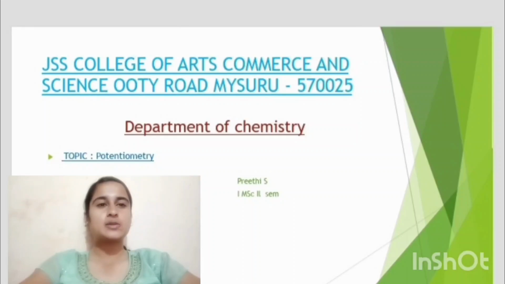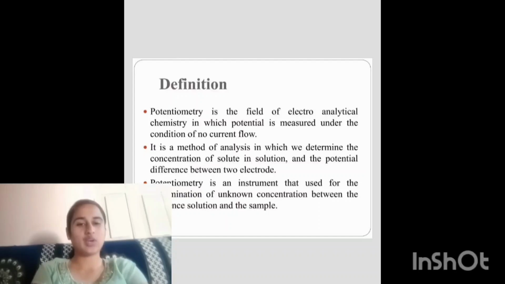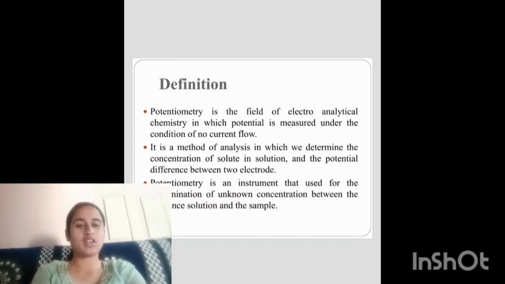I am going to explain the topic potentiometry. Potentiometry is the field of electroanalytical chemistry in which potential is measured under the condition of no current flow. It is the method of analysis in which we determine the concentration of a solute in solution and the potential difference between two electrodes. Potentiometry is an instrument used for the determination of the unknown concentration between the reference solution